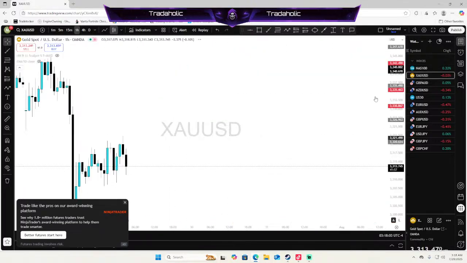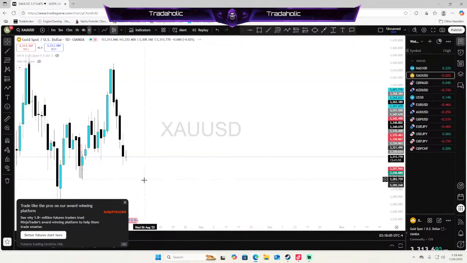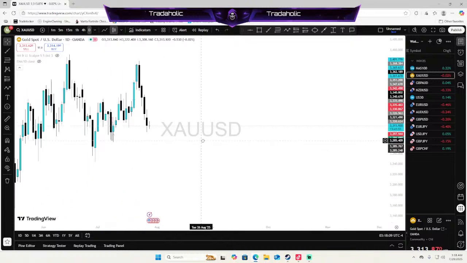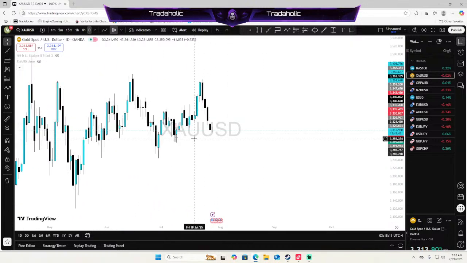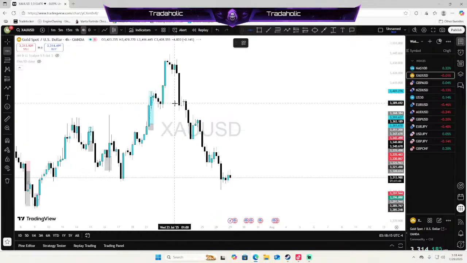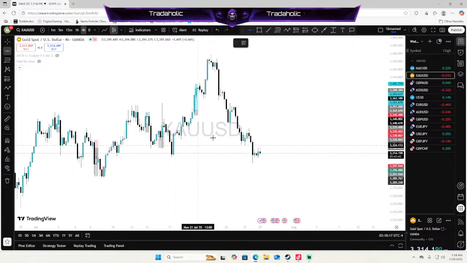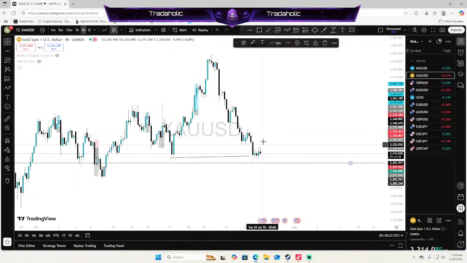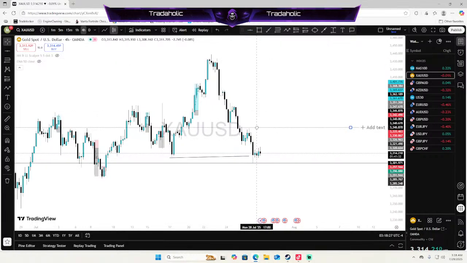So that's NAS 100. Let's look at gold. Daily time frame on gold. I want to say we're bullish on gold, potential to go bearish on the daily time frame. 4 hour time frame, we're bearish. We have the market structure shift here. Now we're in between this low, this current low, this lower high, and this is our previous low.